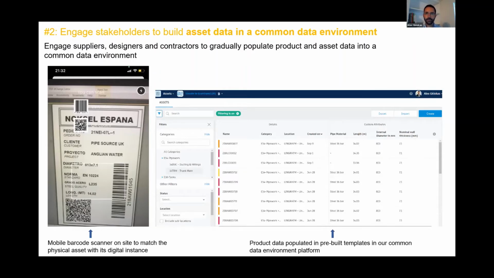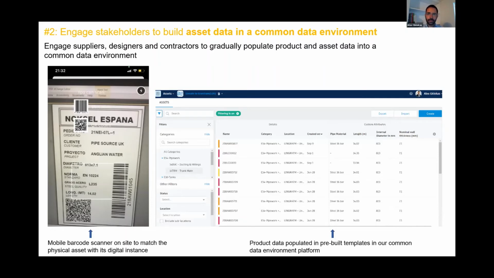Story number two is about how we log data in a common data platform and in a consistent format. I would like to emphasize that a template can be in any format the organization is comfortable with. The key is to ensure consistency, and data validation rules are in place to ensure that consistency.